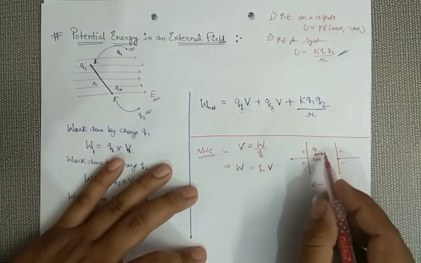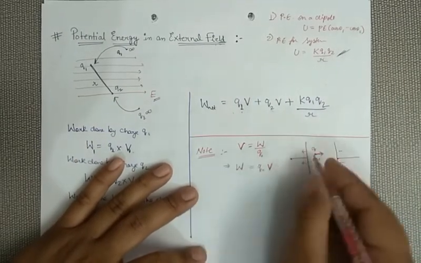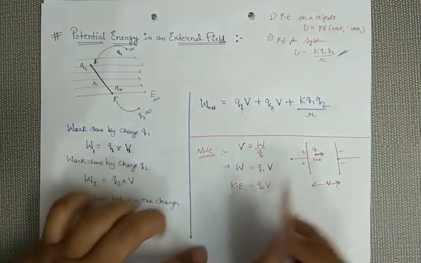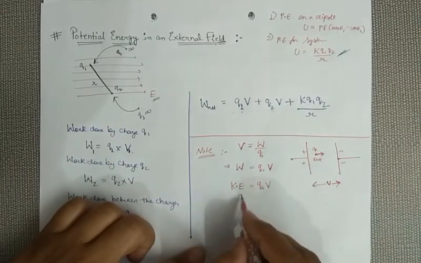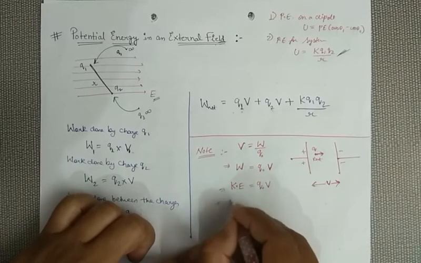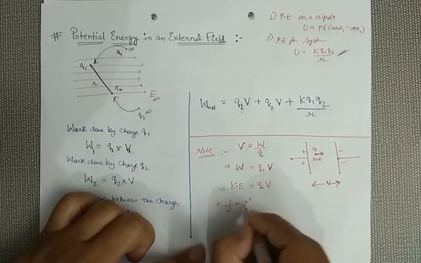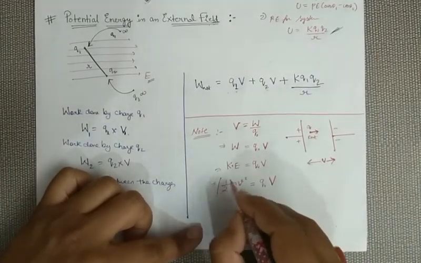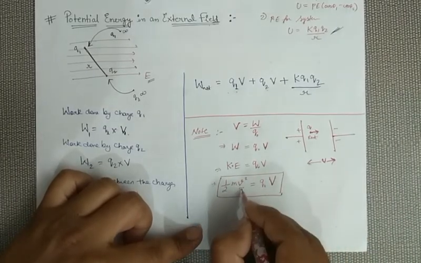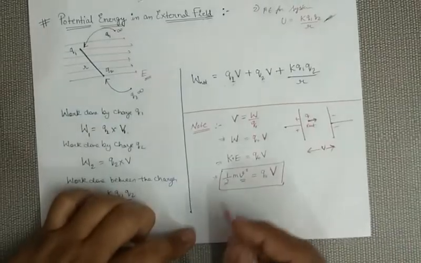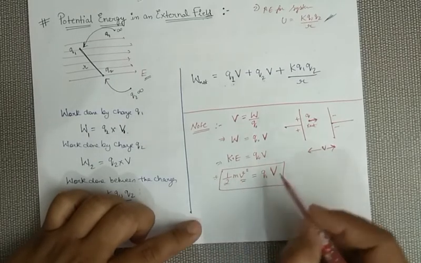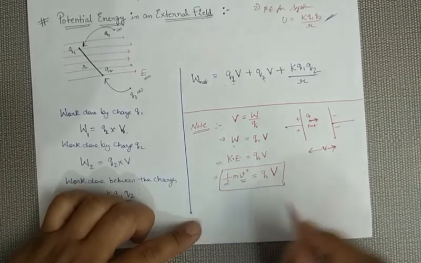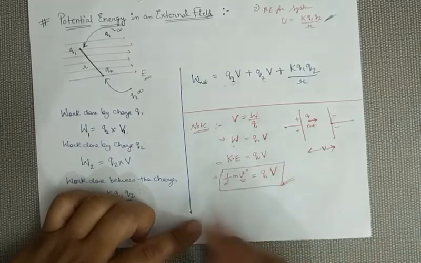Now when it accelerates, it will do some work. This work done on the charge will be in the form of kinetic energy, and we know that kinetic energy is given as half m v square equals q naught times potential V. So by this expression we can easily find the velocity of this charged particle. In many questions you will come to know how to find the velocity. So just remember, your amount of work done is also equivalent to the kinetic energy. So by this formula you can find the velocity or potential, whatever is required.